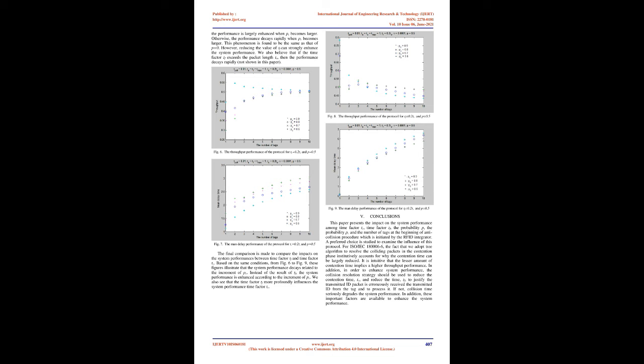The mean delay performance of the protocol for various PC for P equals 0.5. To see the impact on the performance of anti-collision protocols with ISO/IEC 18000-6 standard, the third comparison is made by varying the value of TF based on the condition of P0. It is intuitive that if the number of tags do not surpass the predefined level of tags in the system,